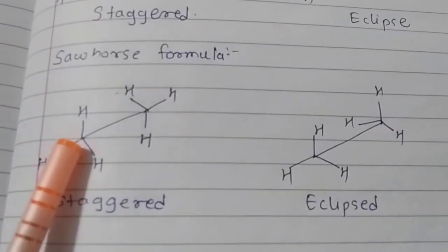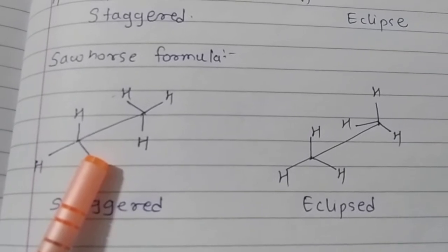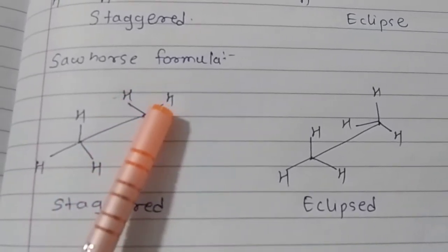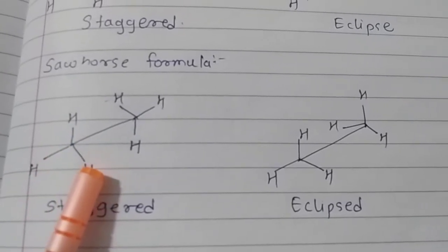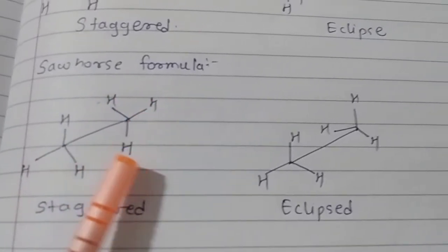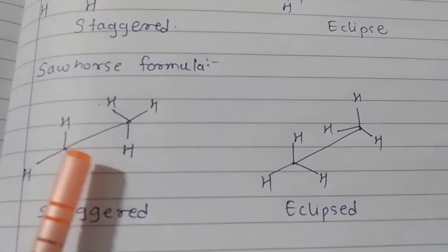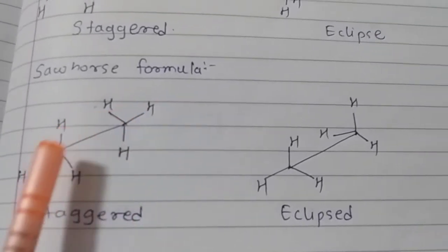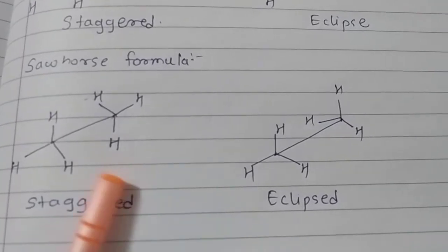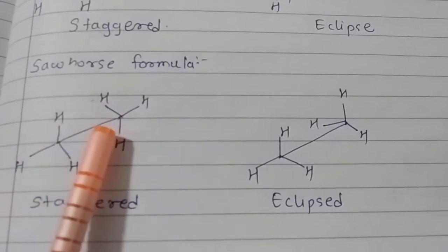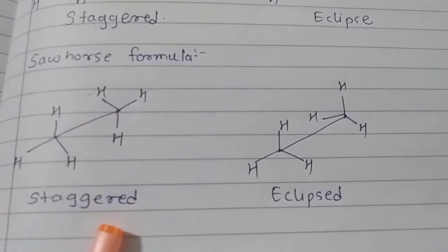and then opposite Y. So this will be your Y and this will be opposite of Y, and just draw hydrogens to that, because this molecule is again ethane. 2 carbons are here, 2 dots are 2 carbons. So these hydrogens are apart from each other, therefore it is staggered.